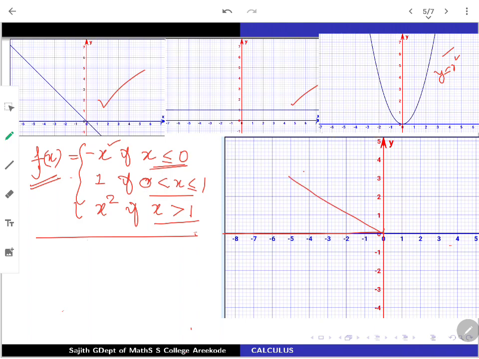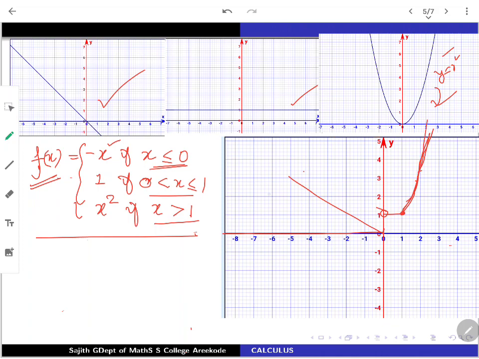Now, between 0 and 1, the 0 value is already taken, so you don't have to bother about it. Up to 1, you have to move along the value 1. This 0 is already taken from the previous subdomain. To show that, we can make this part a hole, and 1 is taken here, so I can darken it. Now the remaining part of the full domain is x greater than 1. For x greater than 1, one has to consider this parabola. So from 1 onwards you have to draw it. It takes a parabolic shape and goes on like that.